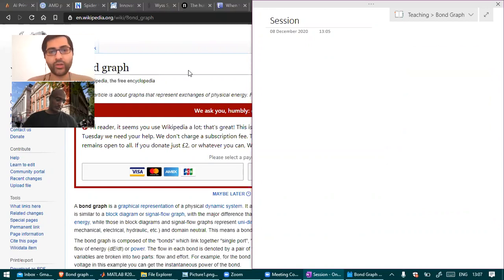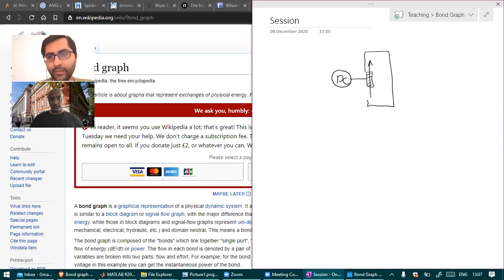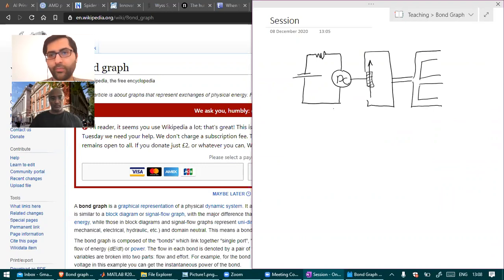Okay, we're going to talk about bond graph. The idea of bond graph is when you have a system with multiple domains, for example, if you have a DC motor that is connected to a gear that pumps a flow for you, and that is connected to a series of valves, and also you have the power supply and a resistor. The idea is between the different domains,